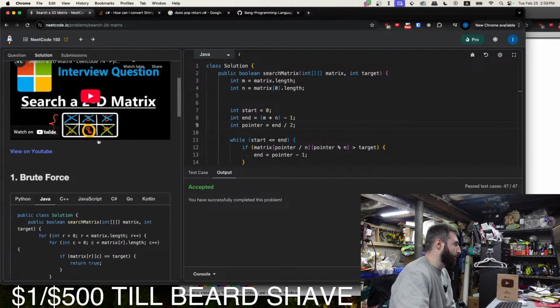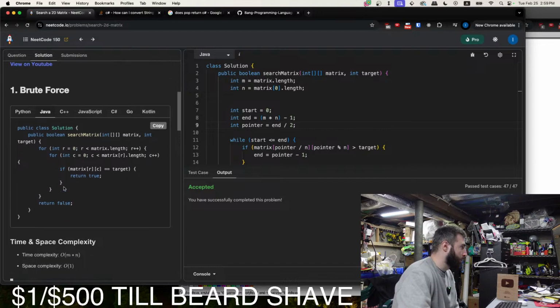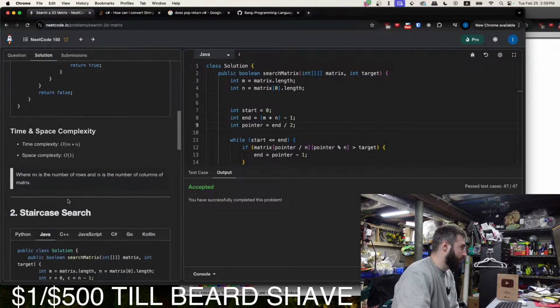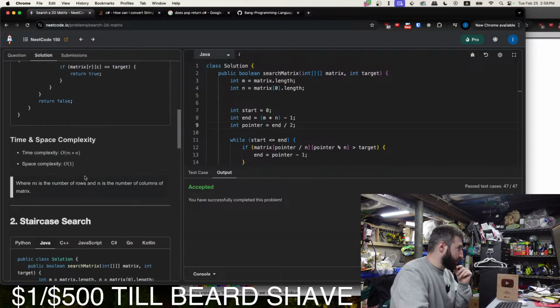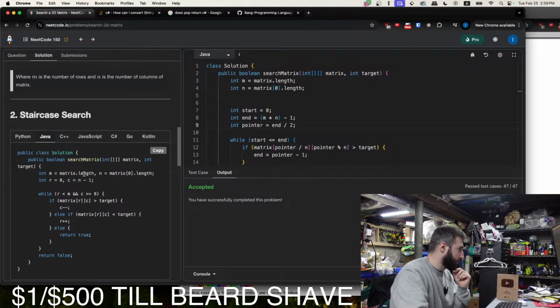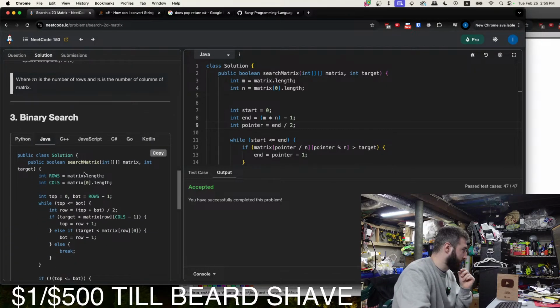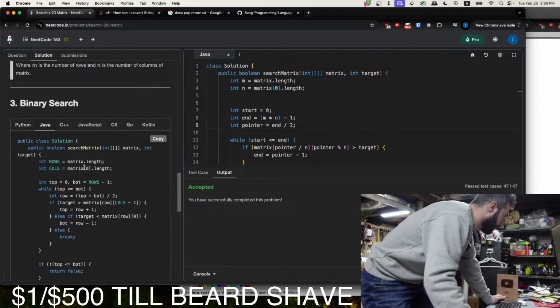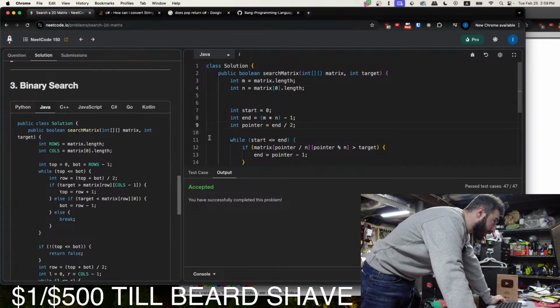All right, so we got the brute force, which has 2 for loops, O of m times n. Then we got the staircase search. What the hell is a staircase search? Which is O of m plus n. Then we have a binary search. While top is less than or equal to bottom.